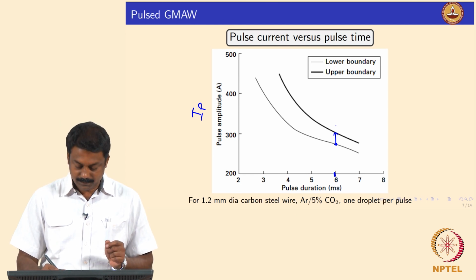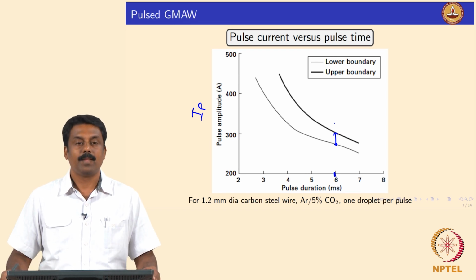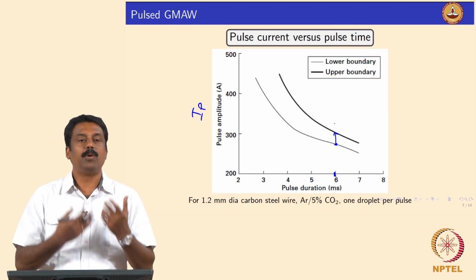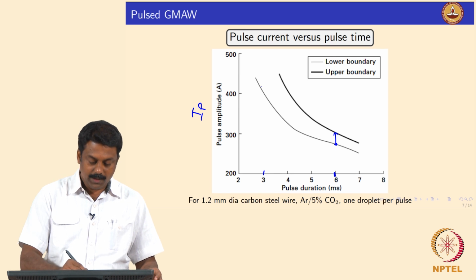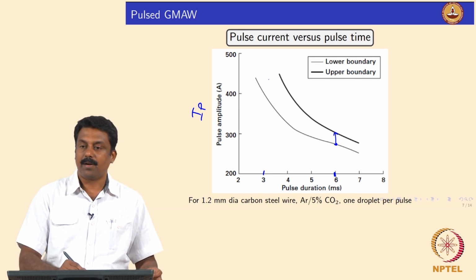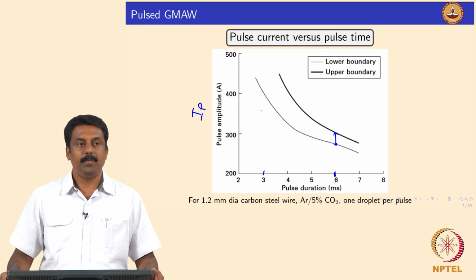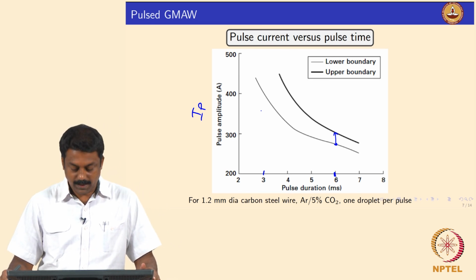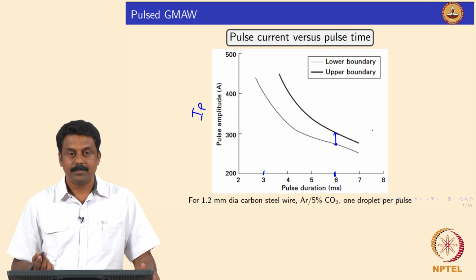Because of the lower current, mass has to be created, and only then can gravity detach the droplet. If the current is much higher at longer duration, you may get more droplets per pulse, because you keep it at a very high current for a longer time. Similarly, at shorter duration, you need a longer current to achieve one droplet, and if it is lower, you may not get stable transfer. You may again get higher than the spray transition, right. So, we can achieve such a process map, which is extremely important for a material.